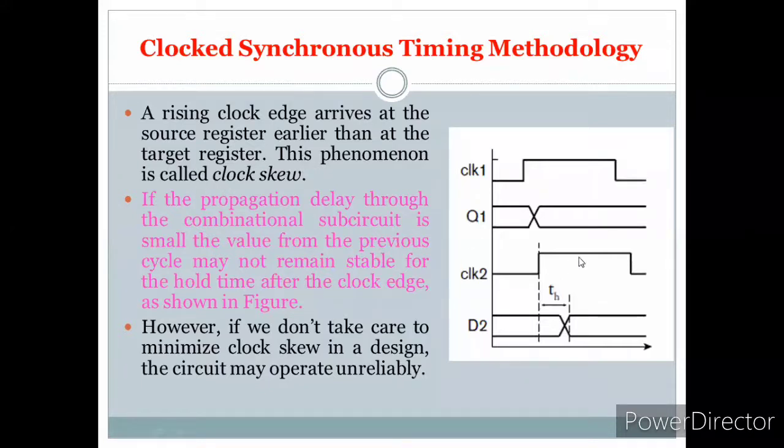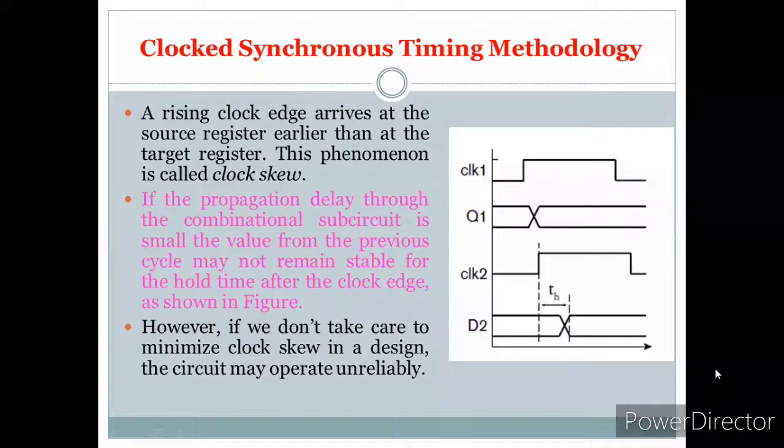So if it is not meeting the rising edge, as you can observe in this simple example, it's not meeting the hold time. If the propagation delay through the combinational subcircuit is small, the value from the previous cycle may not remain stable for the whole time after the clock edge, as shown.